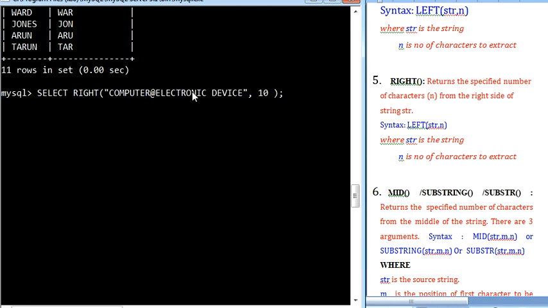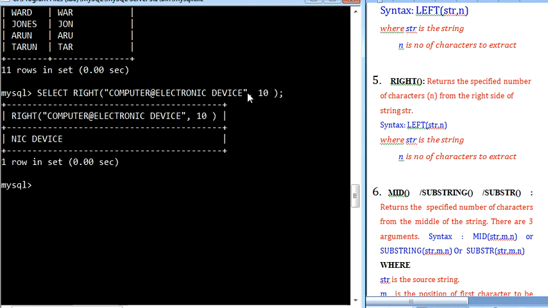That is from NIC to the end: "nic device". These are the 10 characters from the right side. Even though it reads from the rightmost side, it displays the text in the normal order as written. So from the right side, 10 characters are read and displayed in the same order.